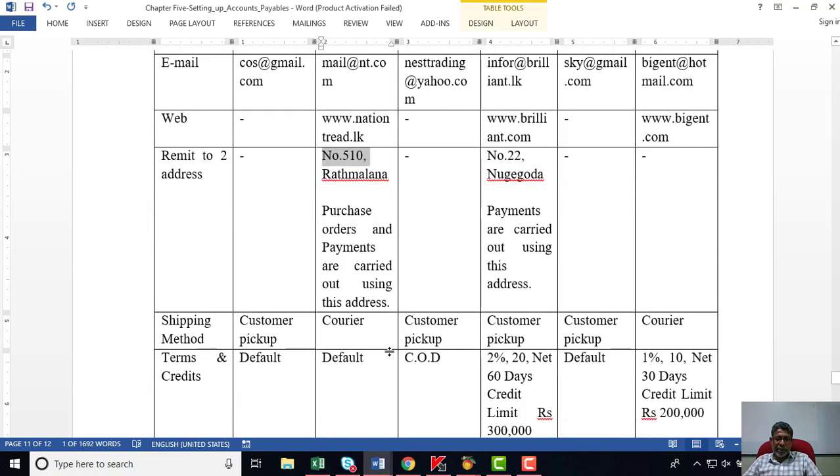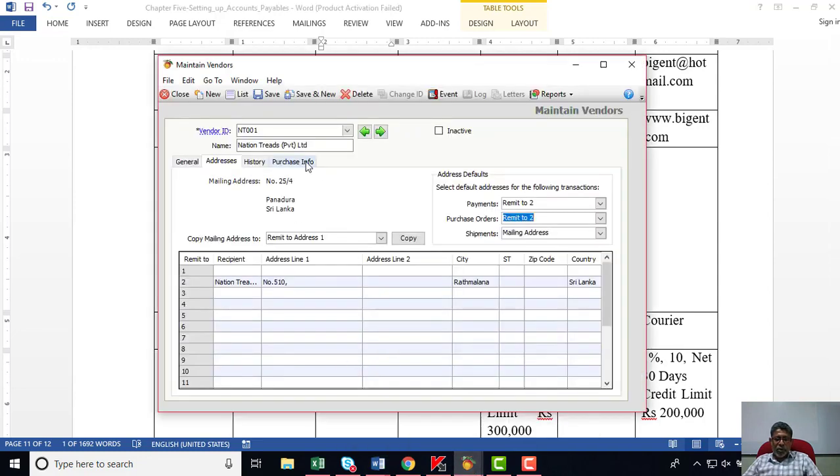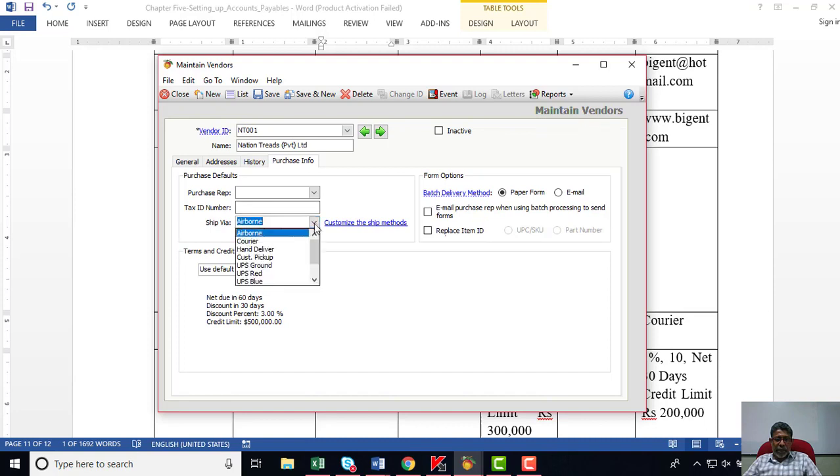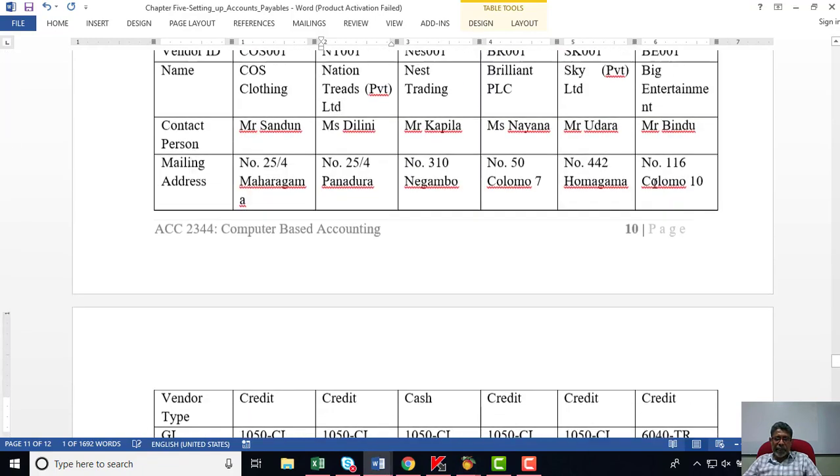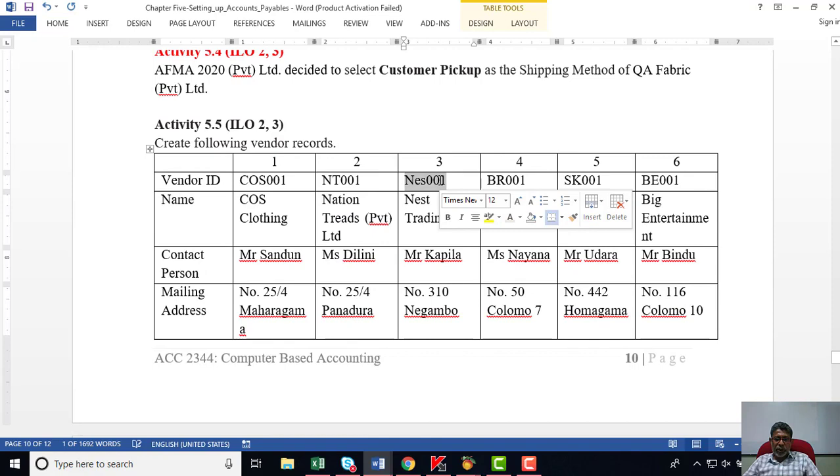So here is the information, and they are going to use the courier method, and the terms and conditions are default. So we'll go to the purchase information, the courier method will be used, and these items are default, no need to change. Save and new. So 3 suppliers are completed by now. Moving on to the 4th supplier,